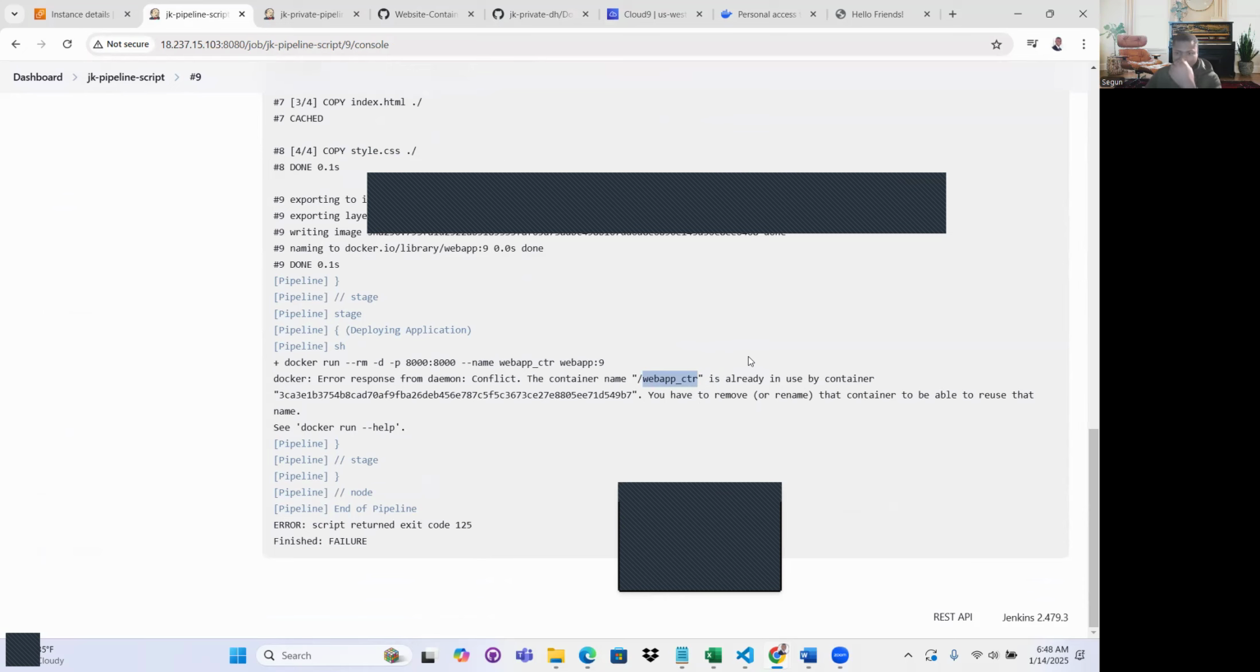So let me check what's going on. Let me do docker ps. Oh, okay. So I'm going to remove that. That's the container right there, right? So I'm going to remove it. Let me stop that container first with docker stop, web app underscore CCR. So stop it. And then once I stop it,